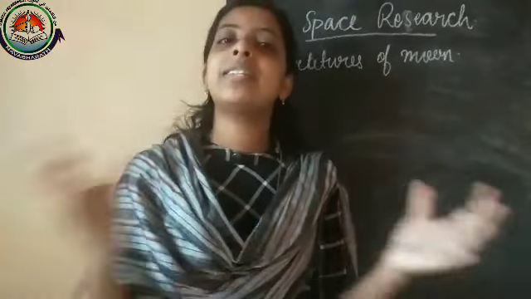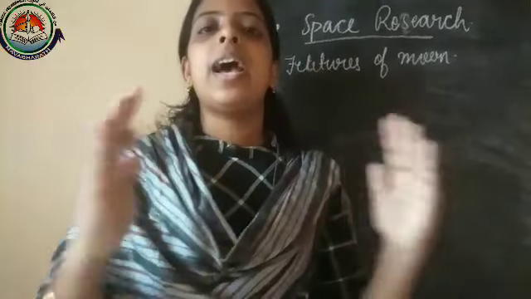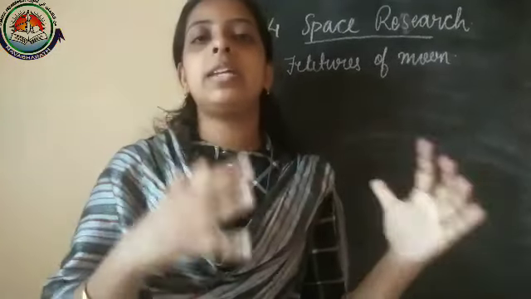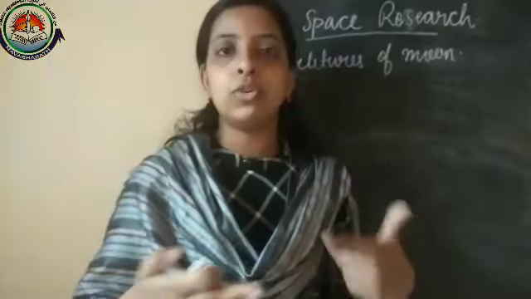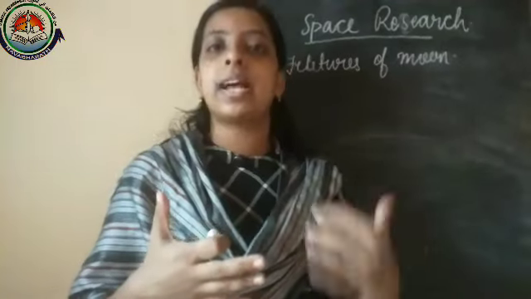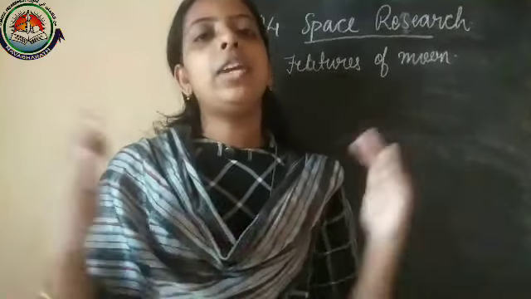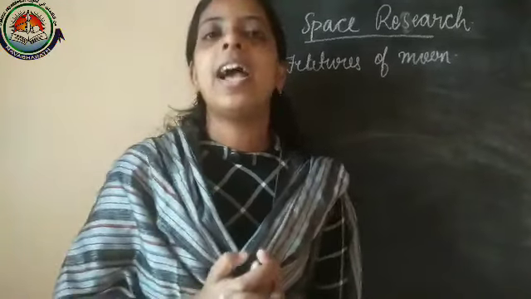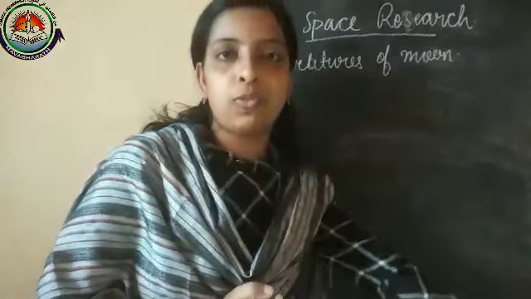In our solar system, the sun is situated at the center and the planets revolve around the sun. These planets are different in their time of revolution, size, color, and all those things. And we know that we are living on which planet? Yes, Earth. In the first lesson we are going to discuss the features of the moon.